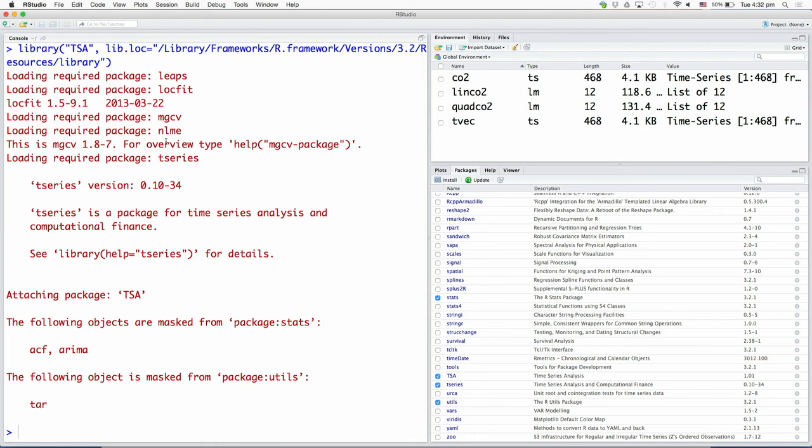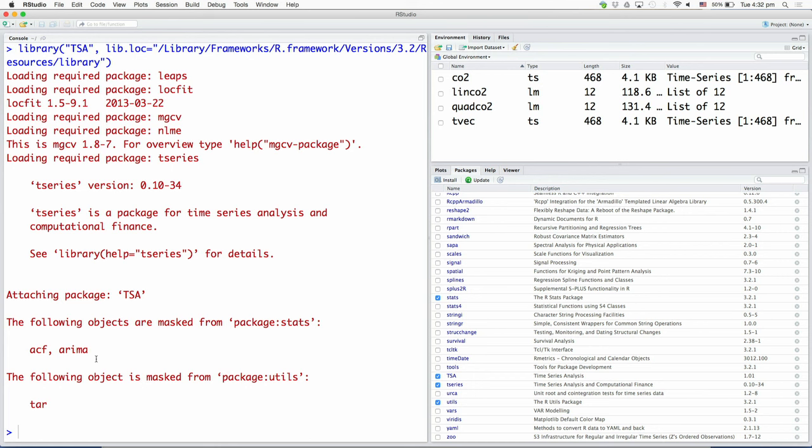Now, when I load a new package in R, there is always a possibility that some of the routines in the new package share the same name with the routines in the existing or the base package, and R gives you a warning that the following objects are now masked from the other package and so on. So, basically they are telling you that ACF, ARIMA, TAR and so on, if they are of interest to you, there is an overlap between these two packages. So, you have to be careful, but anyway we will not go into that.